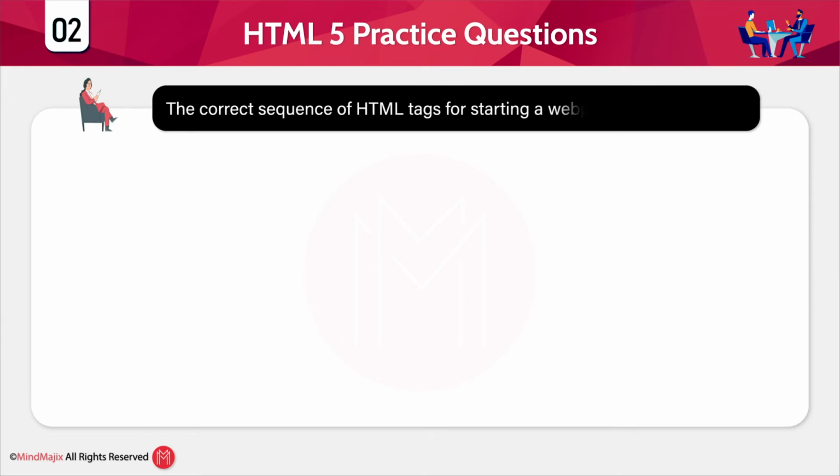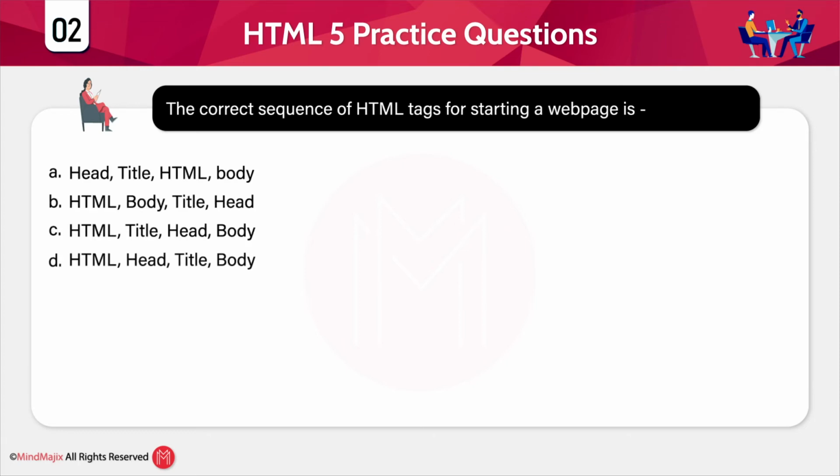And the correct sequence of HTML tags for starting a web page is, what's the correct sequence, guys? HTML, title, head, body? No. Head, title, HTML, body? No. HTML, body, title, head? No. HTML, head, title, body.